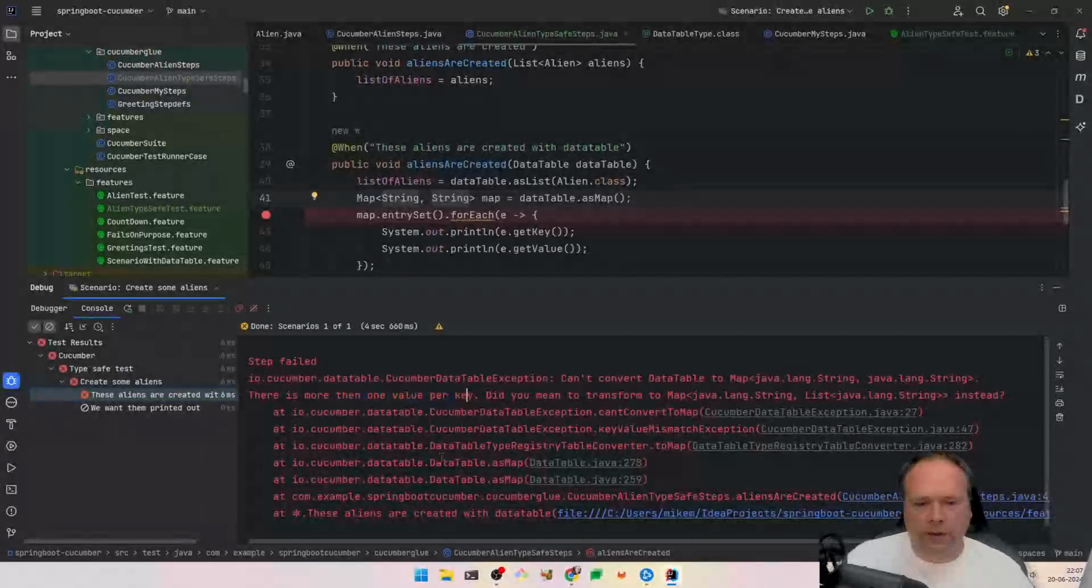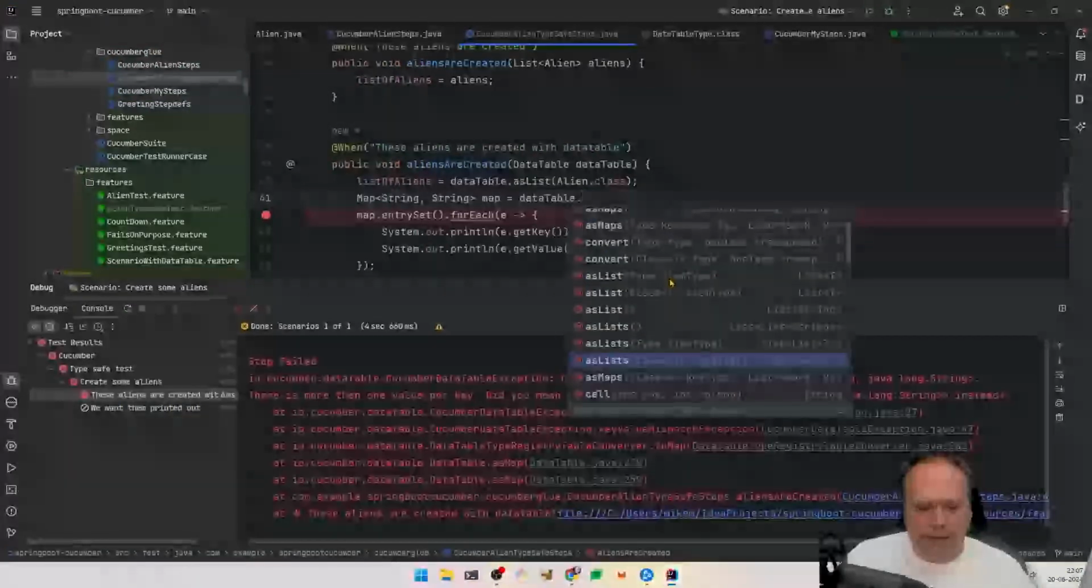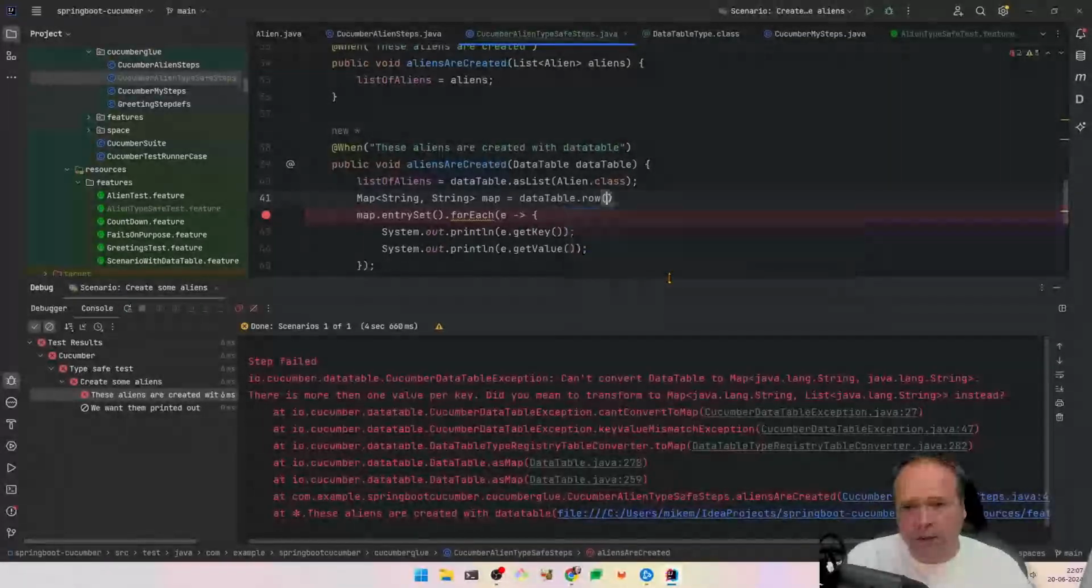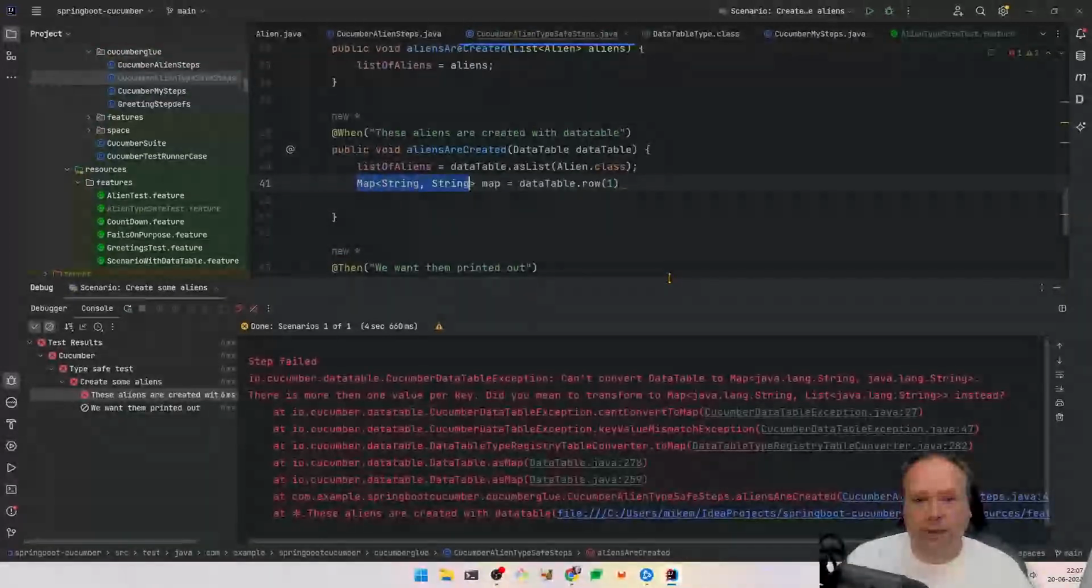There's more than one value per key. Yeah, that is if you want to turn it around, then it's a map. But let us not do that. Okay, we can actually have it as row, as list, as row. We can have it as row right here. So that means that we could actually take row number 1 and